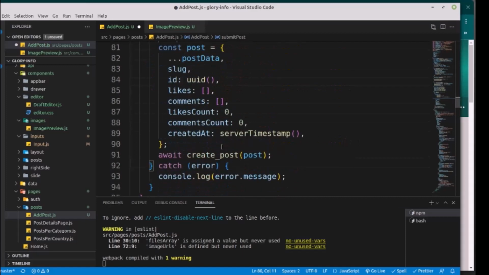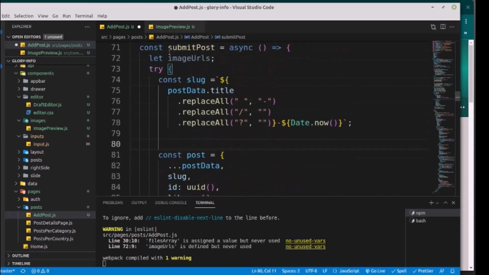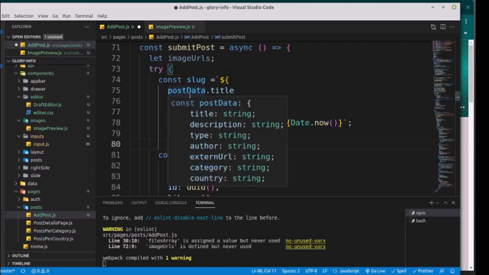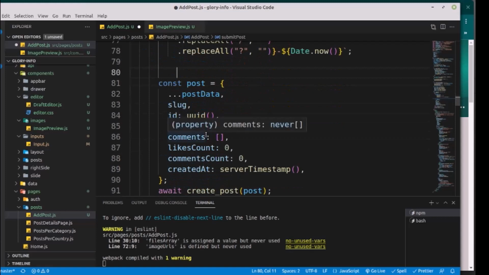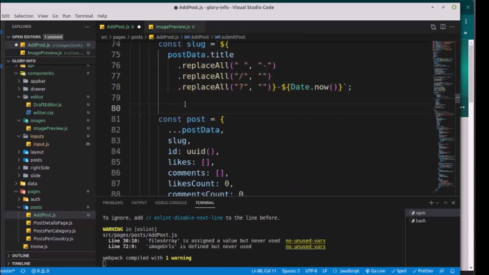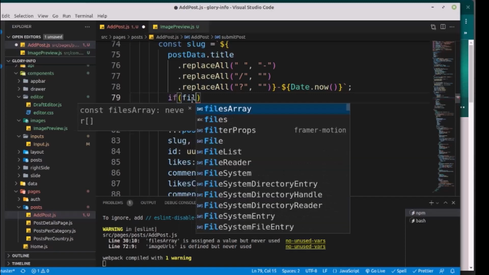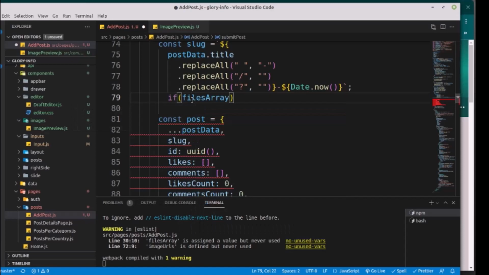First, what we did here, there was no image, but this time around we are sending the image. We are sending the image to the storage, and we want this image to be attached to this post. Okay, so the return URL of the image is to be sent along with the post. So what we are saying here is if there is an image, so say if file array, the state that we create for there, dot length is greater than 0. That means that if there is an image, whether it's 1, 2, or 3, so long as there is an image,